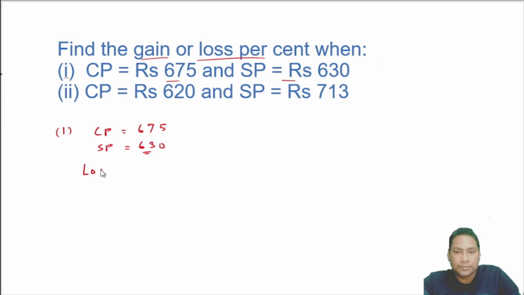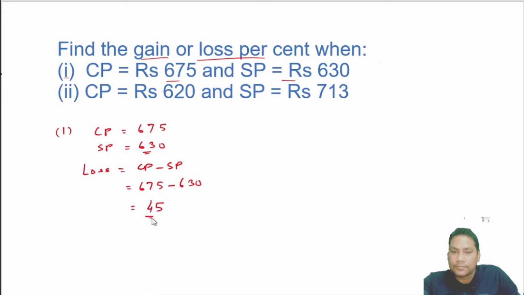This is a loss. So the formula of loss is cost price minus selling price. This will become cost price 675 and selling price 630. Now we will subtract 675 and 630, that will become